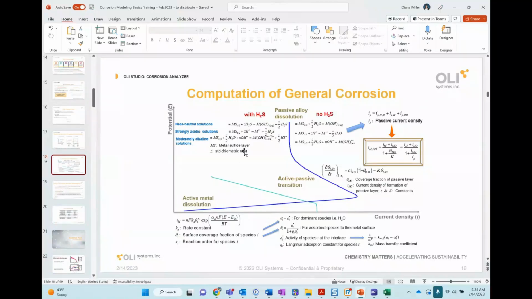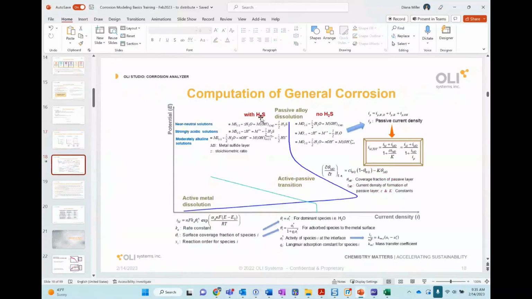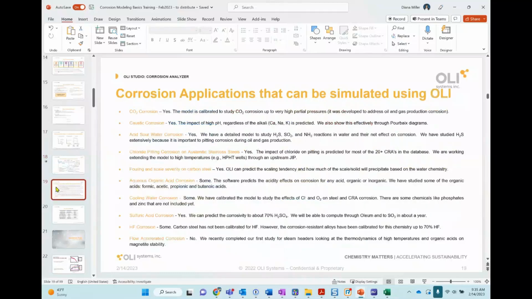Again, I'm just talking about this, but we will learn more in detail how we can interpret this. But I just want to show you that we have studied this phenomena and that you can always go back. I have put here one of the papers where we describe very well how this mixed potential theory works and how we calculate those corrosion rate values. Okay, I promise this is all the theory that you're going to see for today. I just like to show why or how we do these calculations.